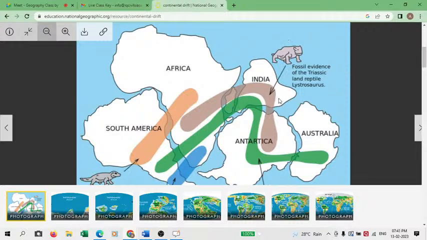इससे क्या पता लगता है? अल्फ्रेड वेगनर क्या बोलना चाह रहे थे कि if the evidence of Lystrosaurus is found in India, it is found in Africa, it is found in Antarctica also, तो कहने का मतलब यह है कि these continents and countries might have been together at one point of time in the geological history of the earth. कभी तो साथ में होंगे, तभी तो मिला. फॉसिल एविडेंस मिलने का क्या कंक्लूजन है? कि ultimately this animal walked on the surface of the earth at these 3 places, अफ्रीका also, इंडिया also, अंटार्कटिका also.